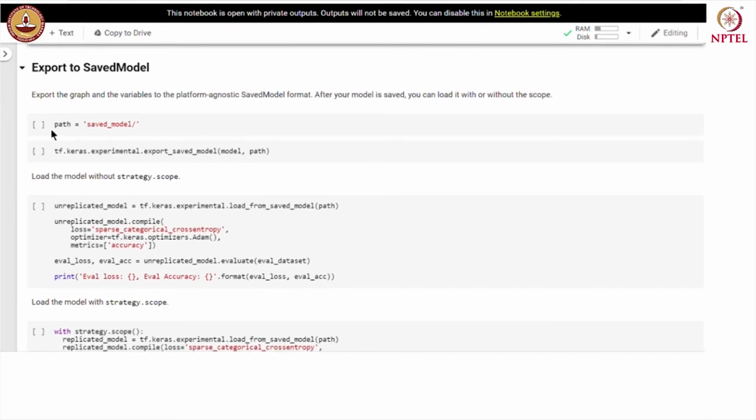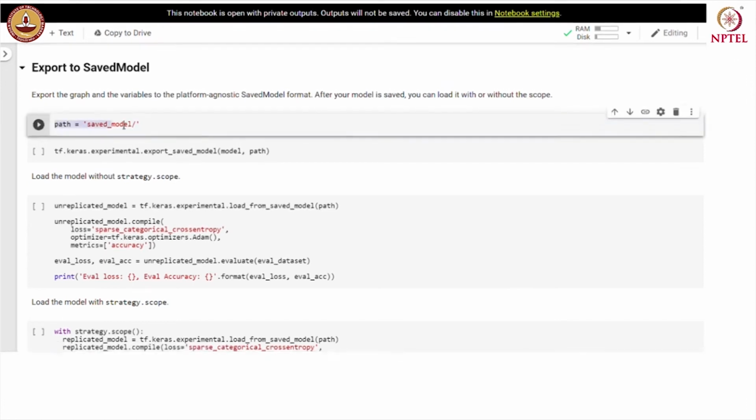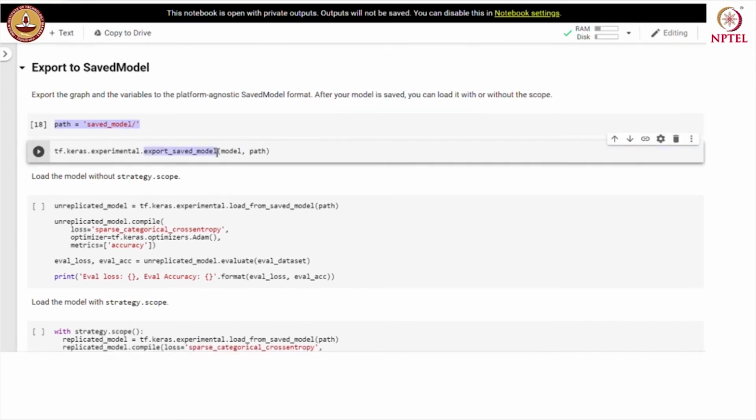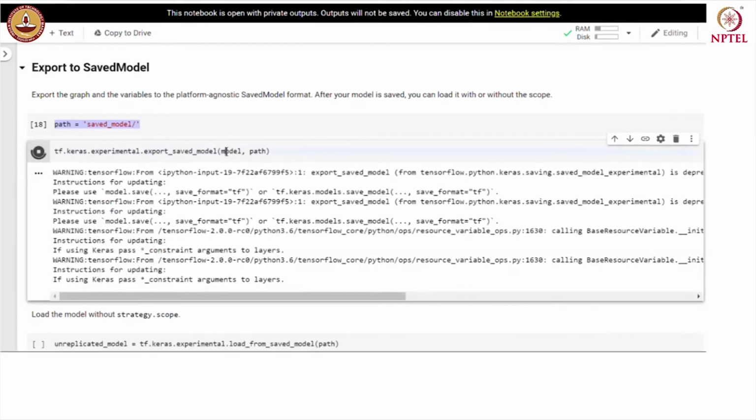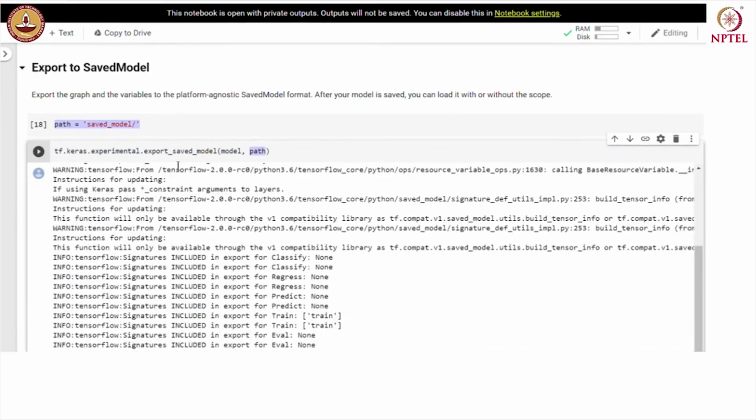After the model is saved, we can load it with or without the scope. So, we specify the path for saving the model, and we use export_saved_model from the experimental version and save the model in the specified path.